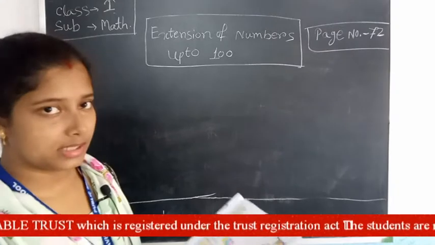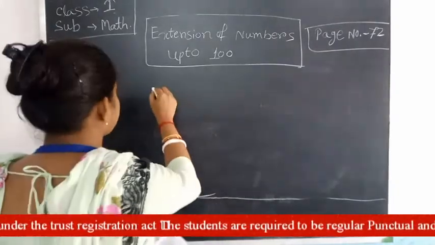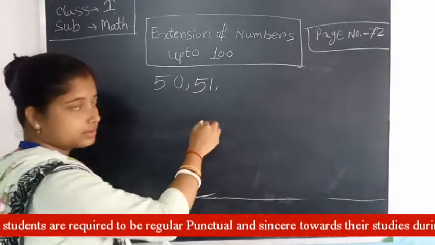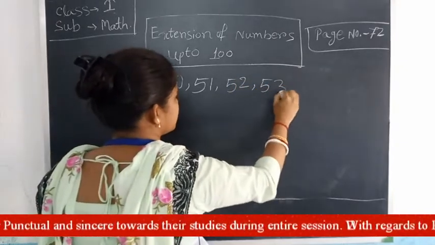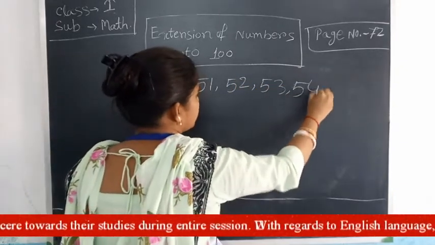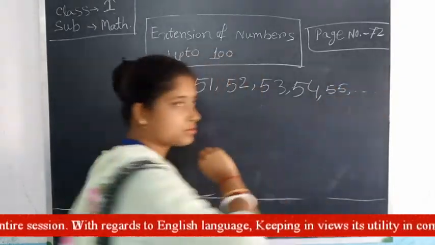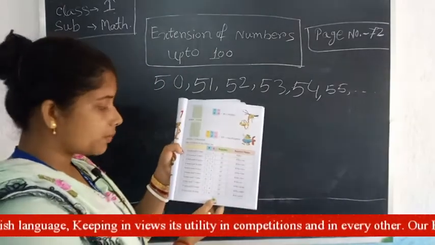The numbers are like that: 50, then 51, then 52, 53, 54, 55 and so on. So now turn the page and open the page